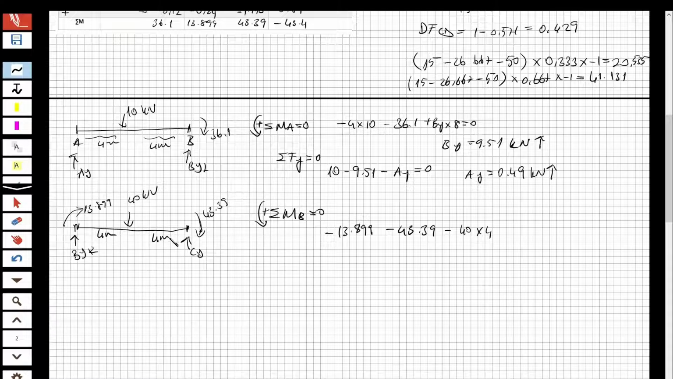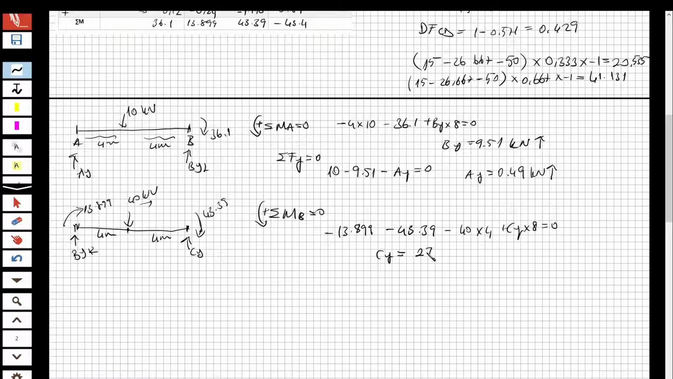I guess you remember, because the distributed load, when we convert it to a point load, is going to act at the midpoint of the beam. And the whole length is 8, so the 4 meters is half of that. And plus Cy multiplied by 8 is equal to 0, and Cy is equal to